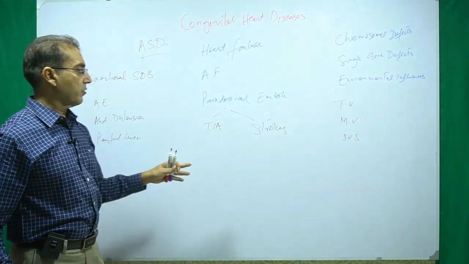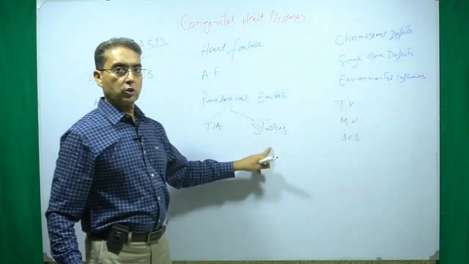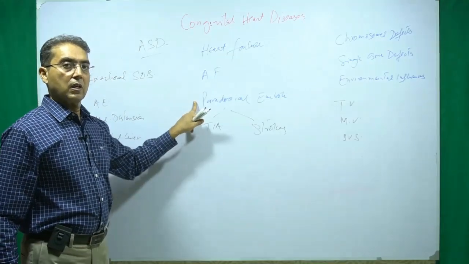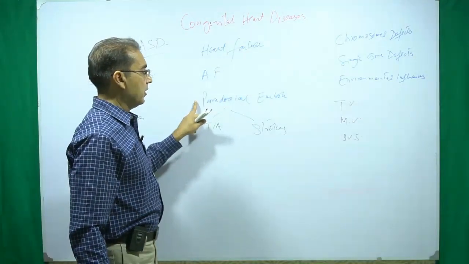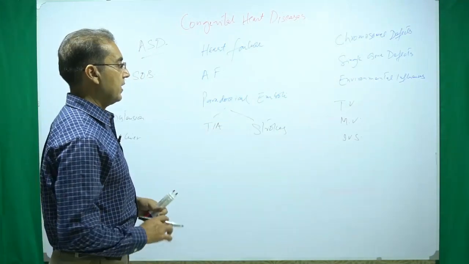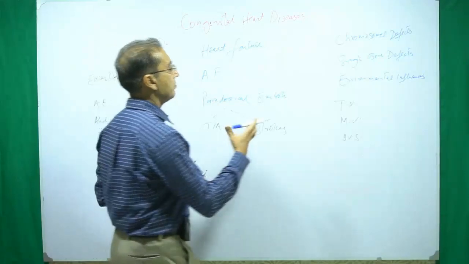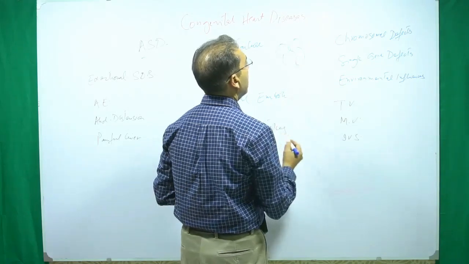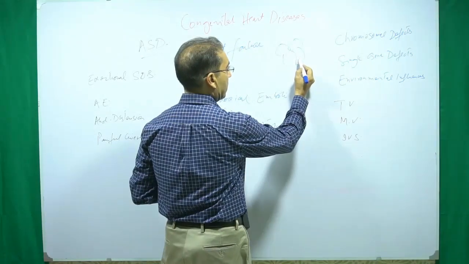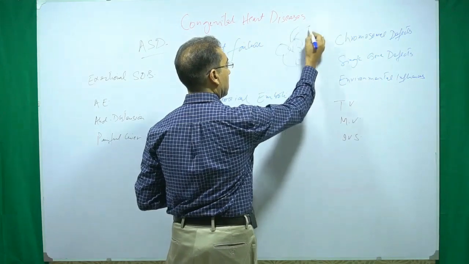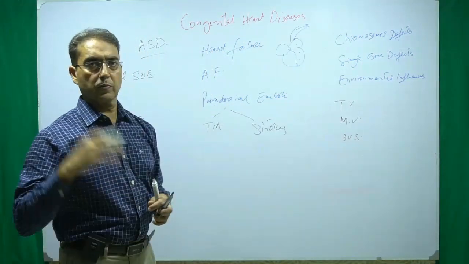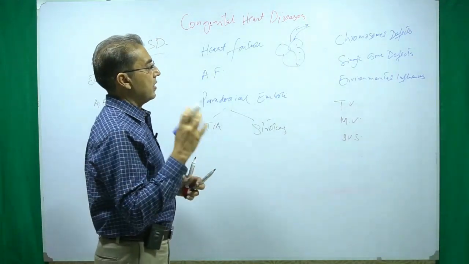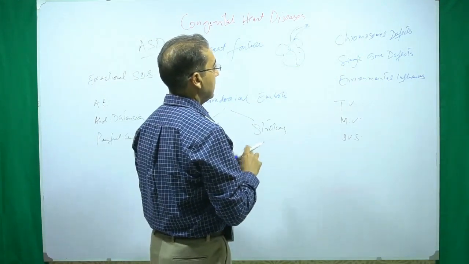So in a young patient who is less than 55 years, a TIA or stroke should prompt you to examine for the presence of paradoxical emboli that are coming from the atria. Now, what is a paradoxical embolus? What normally happens in a normal circulation is that the emboli are formed on the left side, and they go through the aorta and lodge in the distal circulation. Maybe it is the brain, maybe peripheral arteries, maybe the intestine, maybe the kidneys, maybe the eyes. The paradoxical embolus is that a DVT